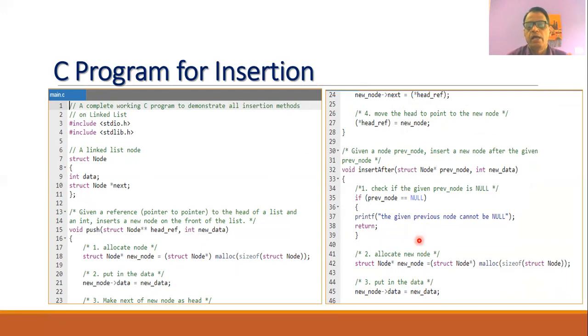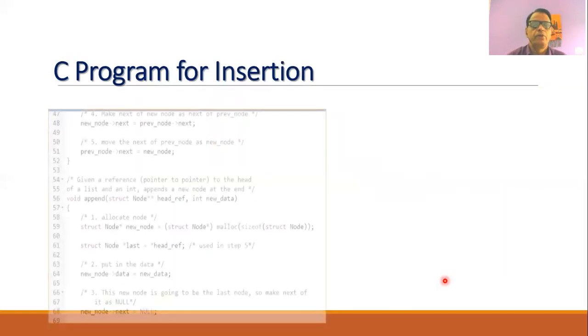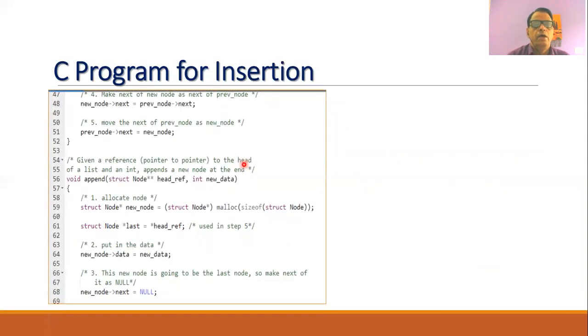And then we will allocate the memory to the new node, and we will assign the data values to the fields of the new node. Then we will set the pointer next of the new node equal to the next of the previous node,